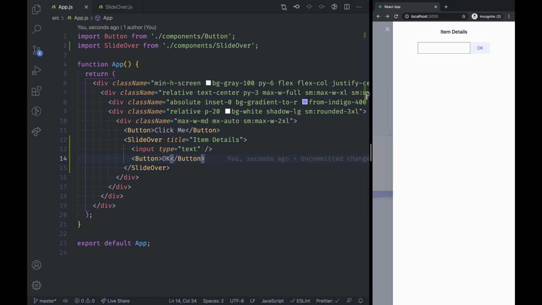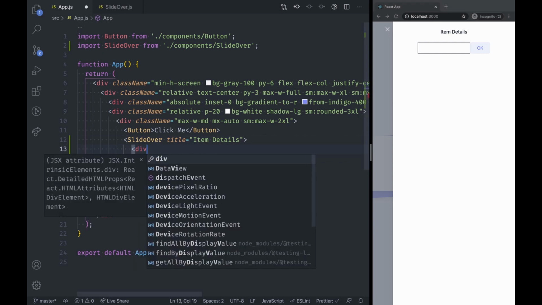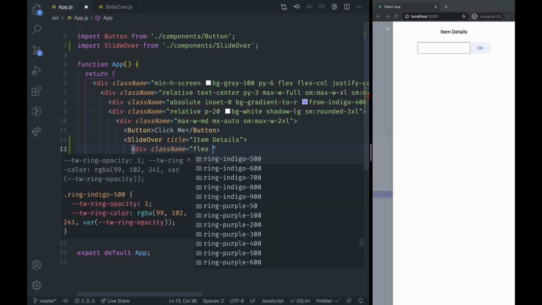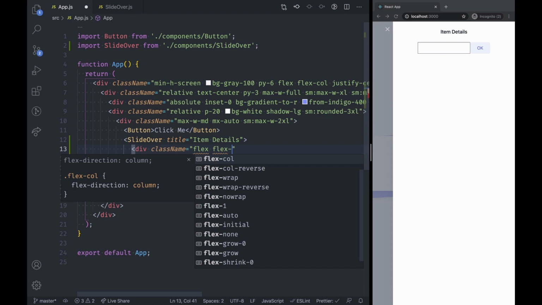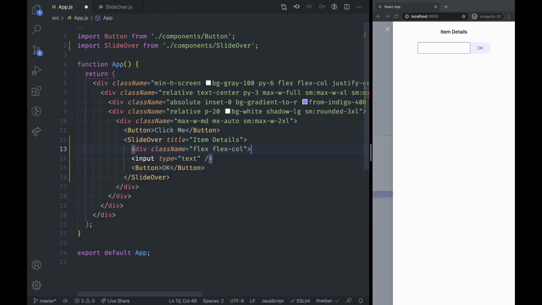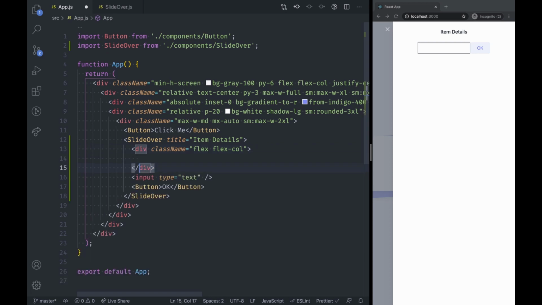And I don't like the way that looks. Let's make that look a little bit better. I'm gonna have another div. I'm gonna make that flex. Make it flex call. Right, so